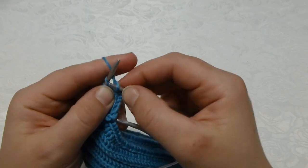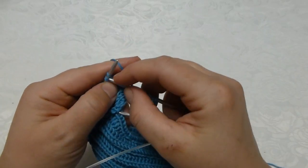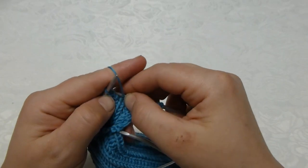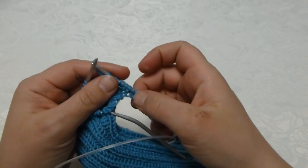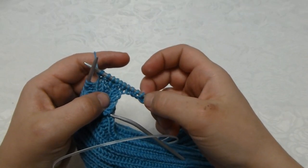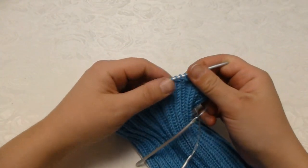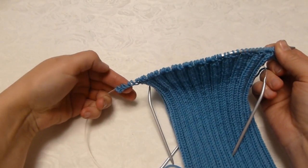Now you can see I do opposite of the ribbing. So here I have knit stitches, now I purl. And I will keep doing this until I get to the other side of the work, and I will come back to you and tell you what to do next. So now I am done knitting the first row. This is where I started,